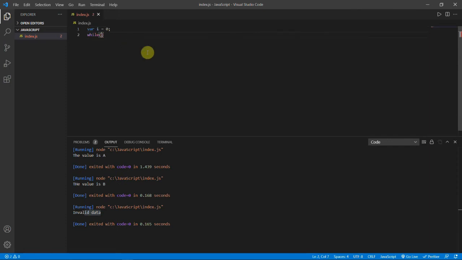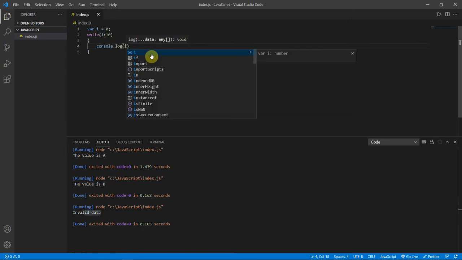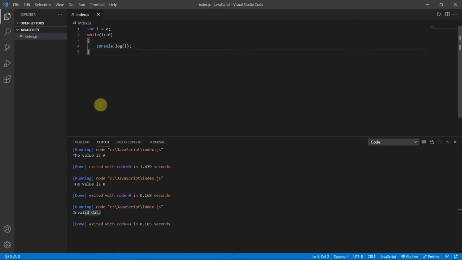Now let me write while I less than 10, and here let me print console log I. This is our basic while loop syntax: while, condition, and then inside the flat brackets we will have the statements. Here we are just printing the value of I, and then let me increment it, I plus plus.